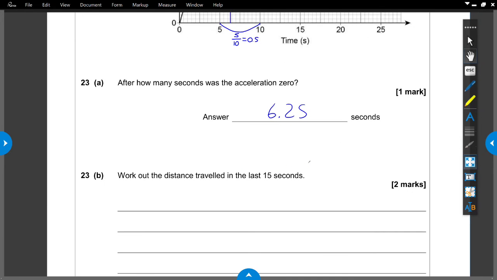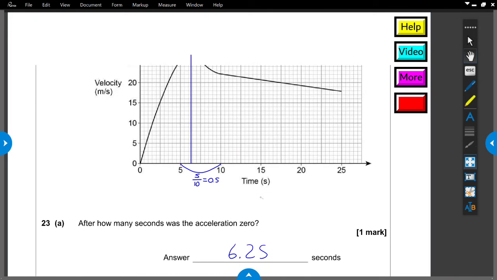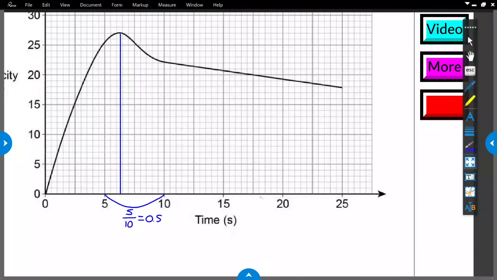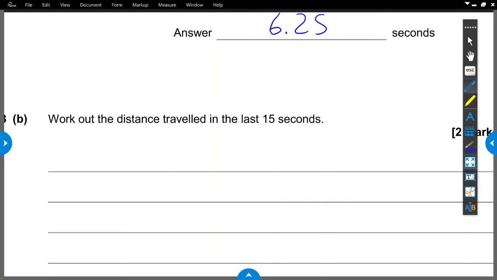Next, we need to work out the distance travelled in the last 15 seconds. So we're going to get the last 15 seconds. It ends at 25, so if we count back 15, that takes us to 10. So we want to know the distance travelled through this portion here. Now if we were to do our formula for distance